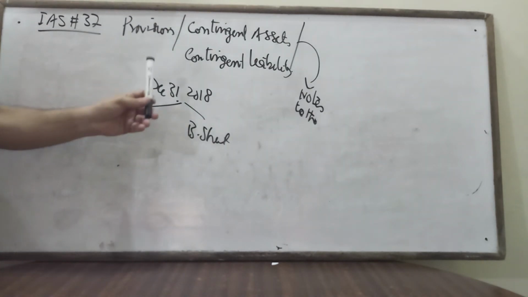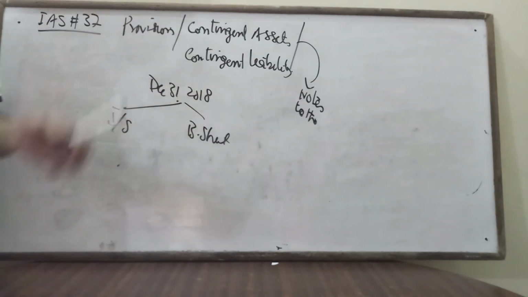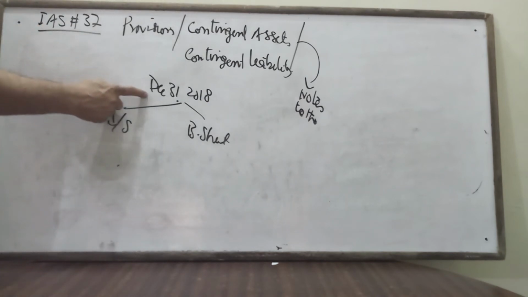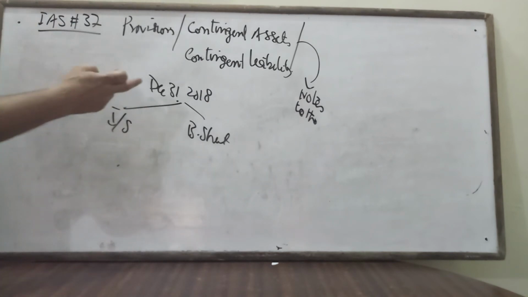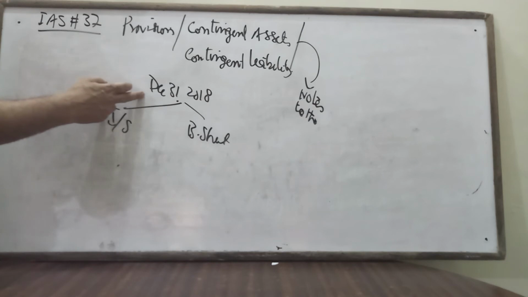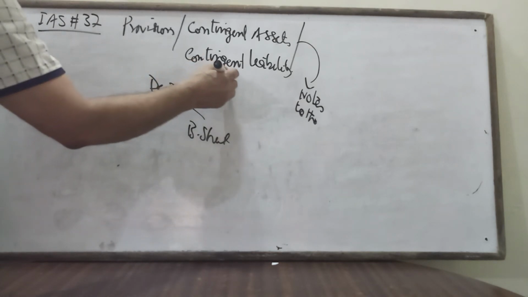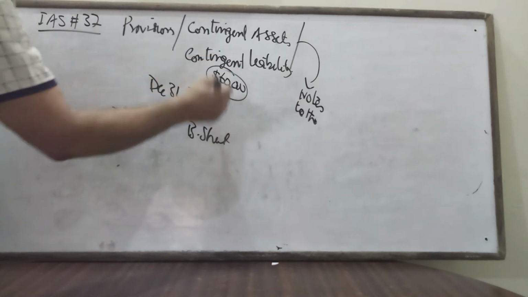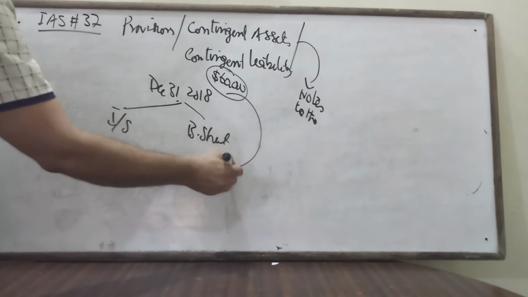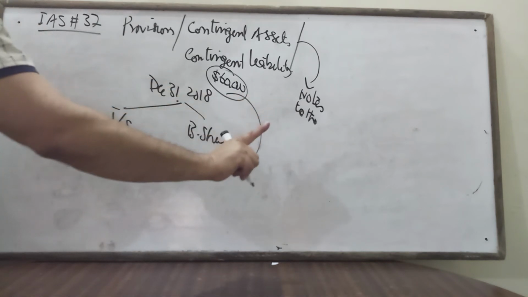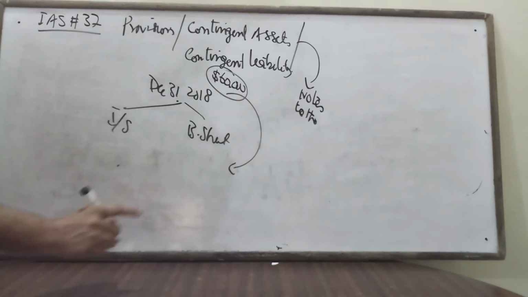So contingent, I was talking about contingent liability. For example, at 31st December 2018, there is some case put against the company. The company is doubtful that it may lose the case and will have to pay $60,000 in future. For that, the company will keep reserves and will record it as a liability outside the balance sheet, not in the balance sheet, because this is not confirmed.